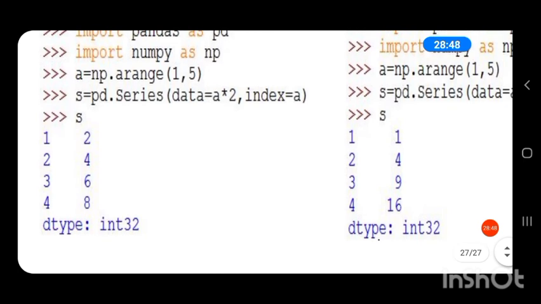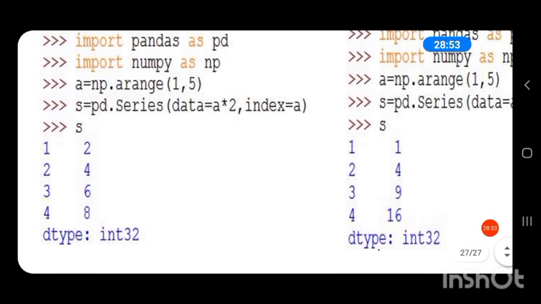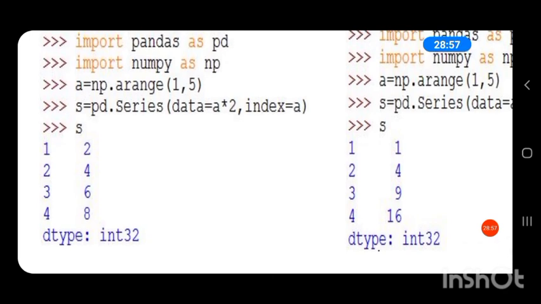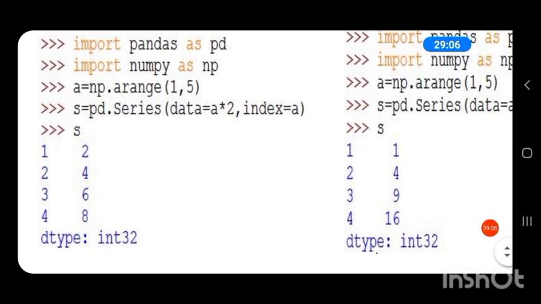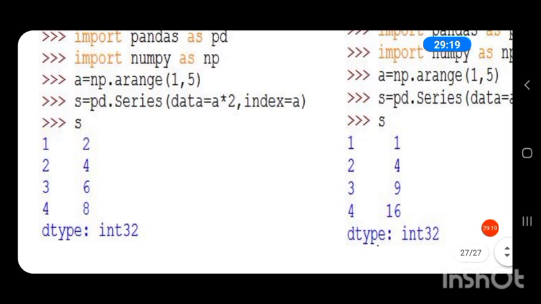Then we are creating a series. S is equal to pd dot Series, in brackets, data is equal to A into 2 comma index is equal to A. So here the index is 1, 2, 3, 4, and the data is the array A into 2. So the data is the index value into 2.